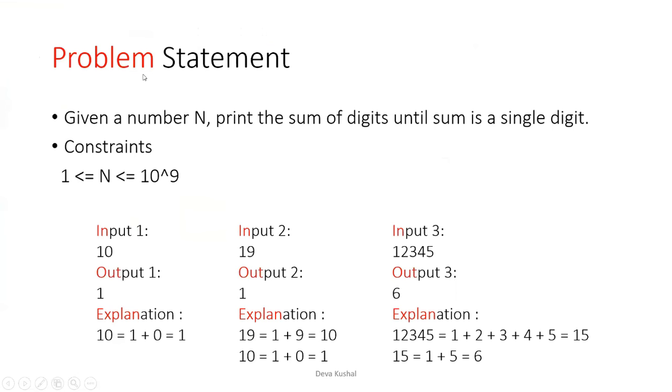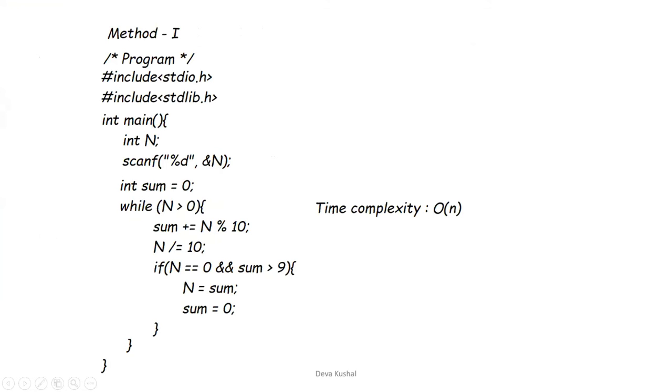Well, you can see this particular program, what we have discussed in the first program. You can see these three inputs, input 1, input 2, and input 3. We have discussed the last input. If you see the last input, 1, 2, 3, 4, 5, when we add all the digits, we are getting the sum as 15. Again, 15 is further added, 1 plus 5, and it is giving us the value 6. This is the basic program.